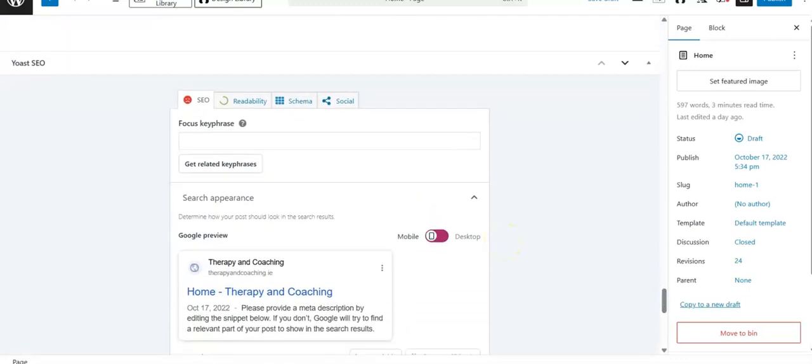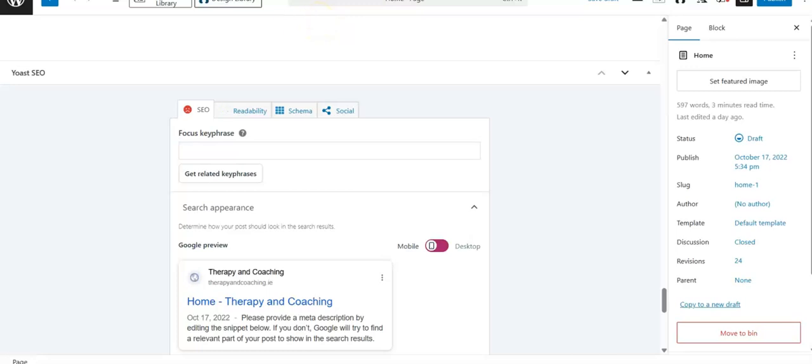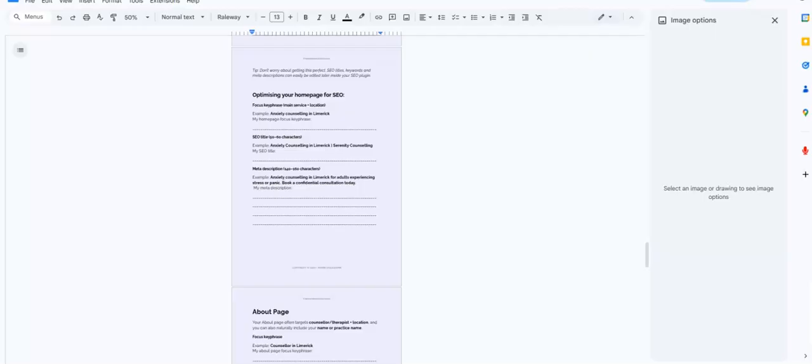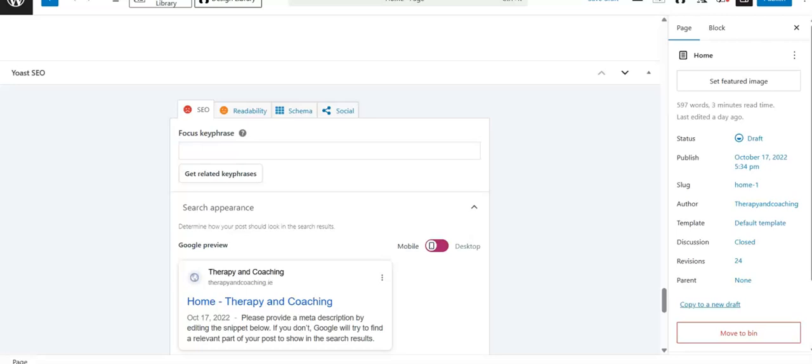So what is the focus key phrase? I am going to take the focus key phrase exactly from this planner. And this planner walks you through what is a key phrase? How do I know what people are searching? What do I put in where? What are good examples? So this is literally showing you what you do when you've gone through that. So I'm going to pop in the focus key phrase. And actually, I'm going to take it out again for a sec because I just want to point out